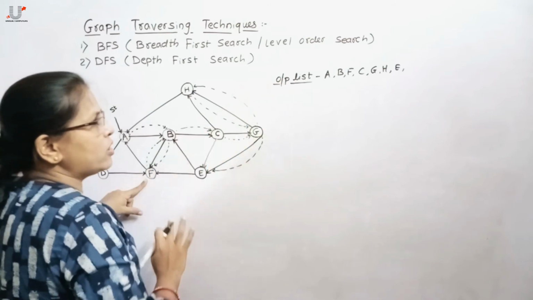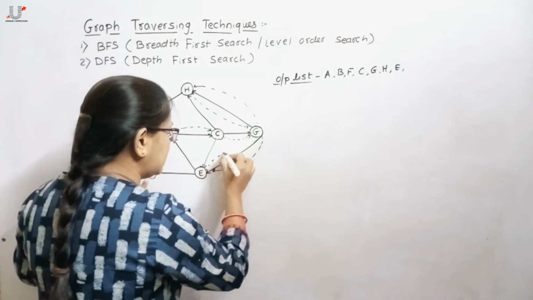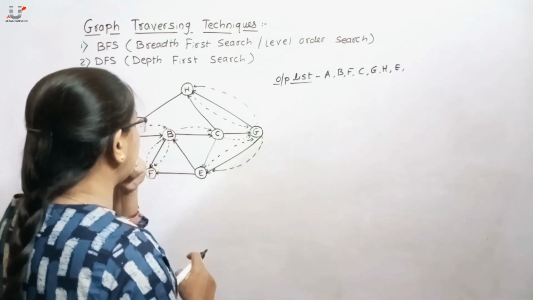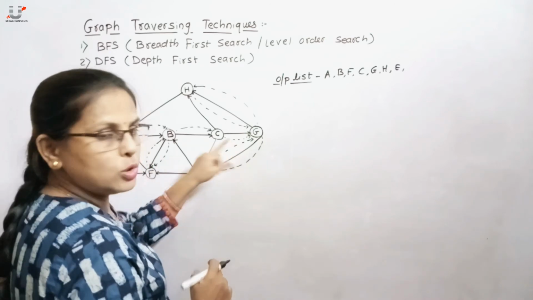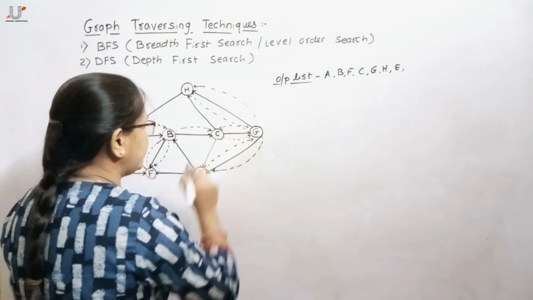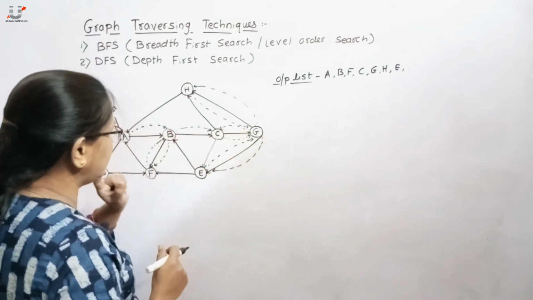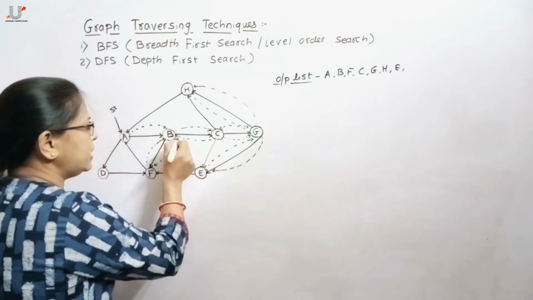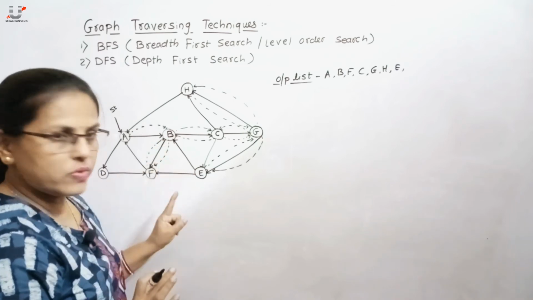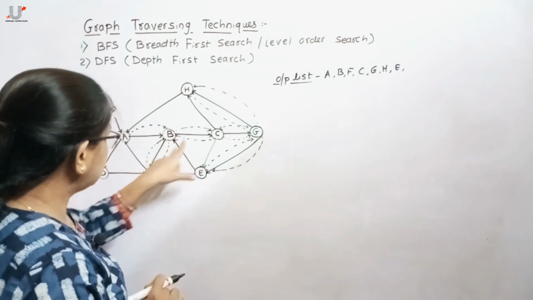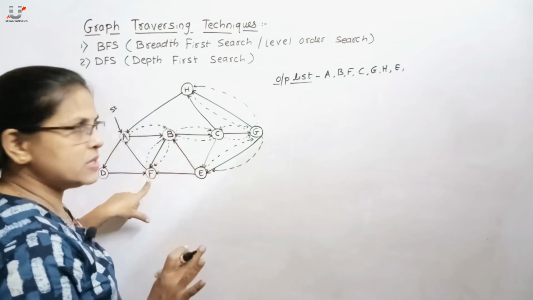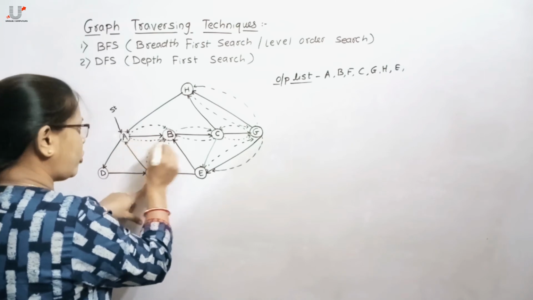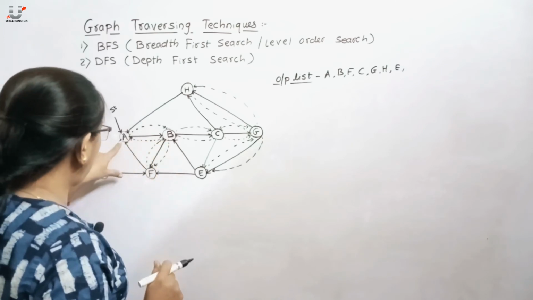F, but as it is already visited, so again backtrack, control will transfer to G. Then from G check whether any unvisited adjacent node is remaining, no, so again backtrack to C. Then again check for C, any unvisited adjacent node of C is there, no, again backtrack to B. From B check any adjacent unvisited vertex of B as C and F, but both are already visited, then don't visit them again. Again backtrack to E, A, from B again backtrack to A as it's a starting vertex.